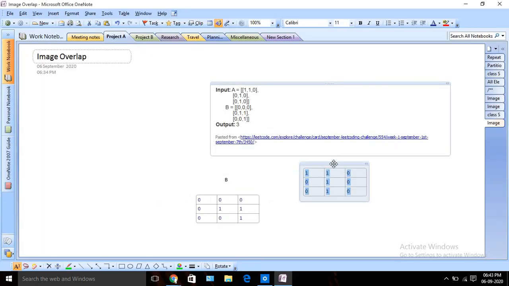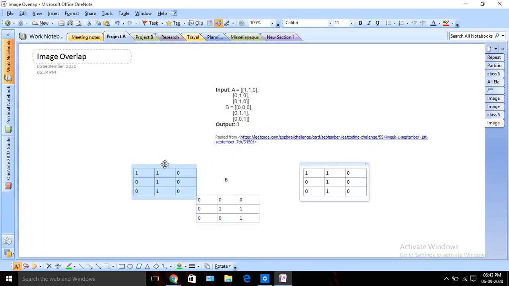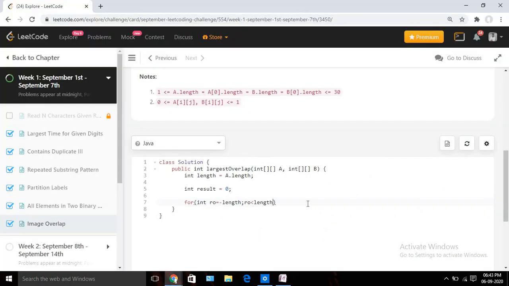That means we will start from here, we will check like this, we will go like this, and we will go till there, right? So it should be minus length. After that we increment our row offset variable, and once we are done we need to check the column value similarly.